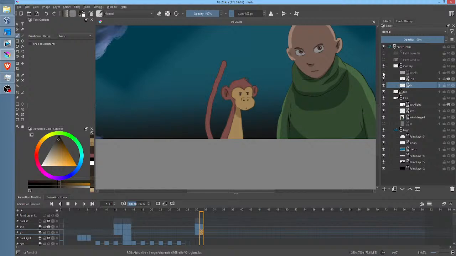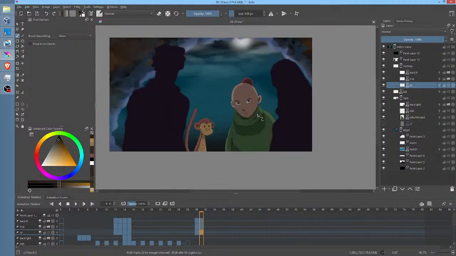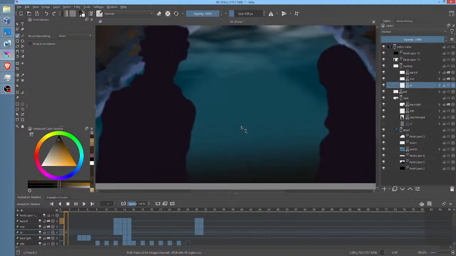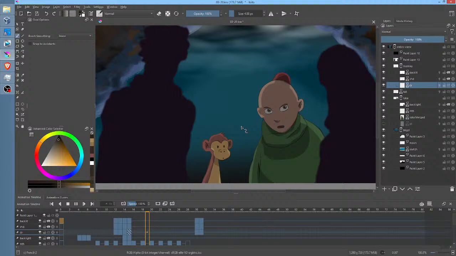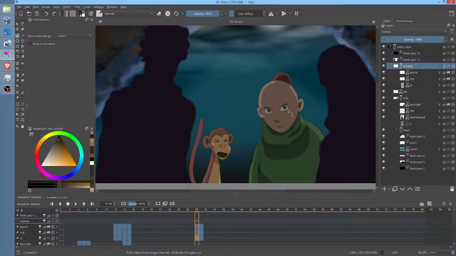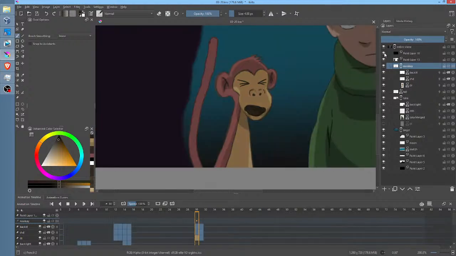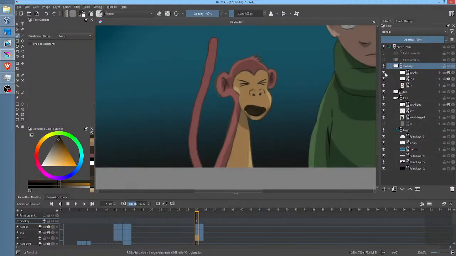Let's turn all of our layers back on. And I think this will start to make sense. Ready? Looks like there are soldiers marching towards Gripson. Okay. The only thing I don't like is right there. Let's solo the monkey group. And actually, that's not going to do us any good. Let's kill those. Kill that, kill that.